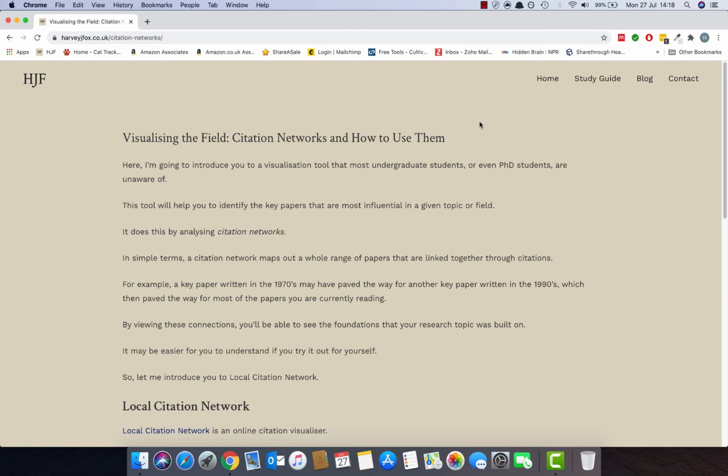Hello and welcome. In this tutorial, I'm going to introduce you to citation networks and how you can use them. Now, before I introduce you to the tool that would allow you to do this, a citation network is basically a visual diagram or network that allows you to investigate where a paper sits within the literature, and it also